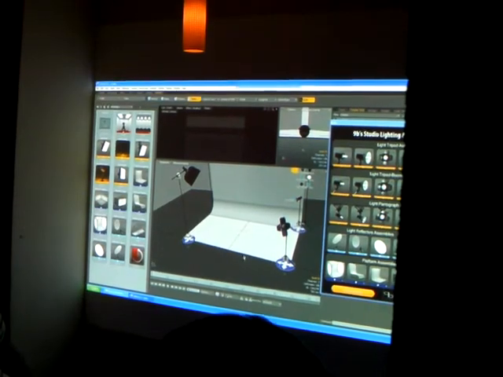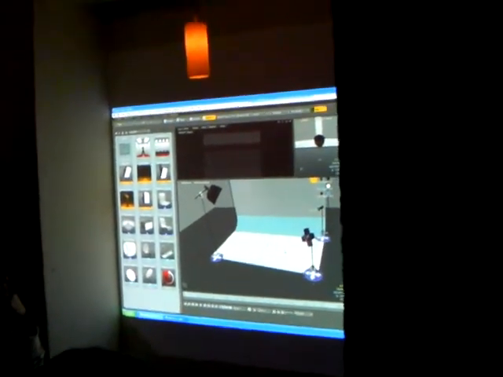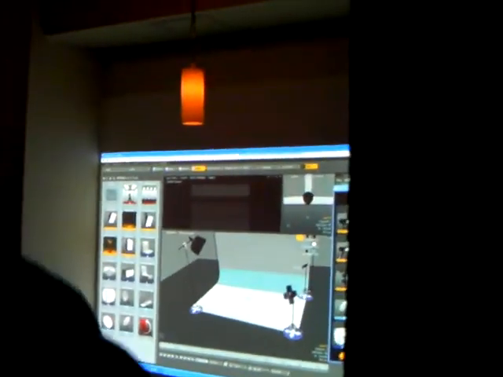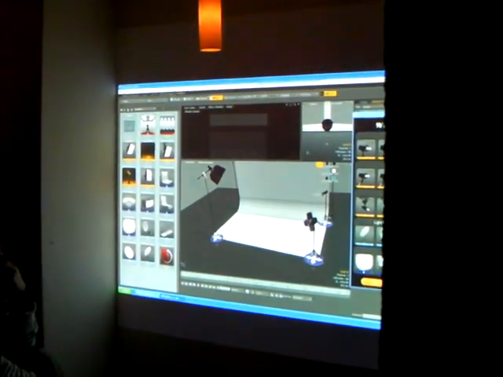Okay, so now we have a basic setup here, 3 lights, and the only thing we need is the actual item we're going to render, as well as the camera. So, 2 kinds of cameras. Spherical if you're going to render HDRI images,